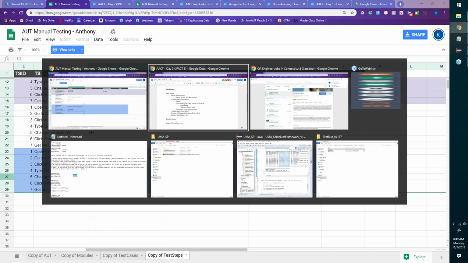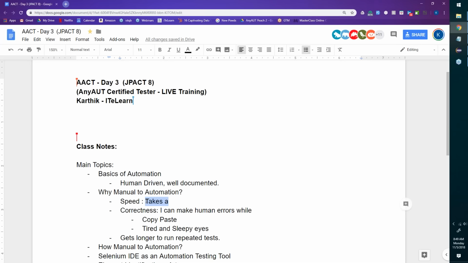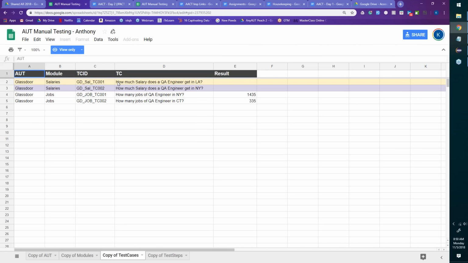Gets longer to run repeated tests. Repeated tests is primarily saying, right now I have 4 test cases. At the moment, manually we just executed job TC2 and we saw that the result was a failure. I have to repeat all of these steps also. So I have to go through everything. Now this is for today.